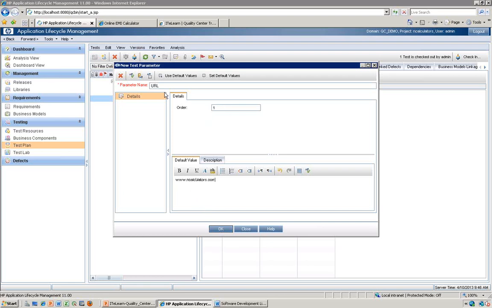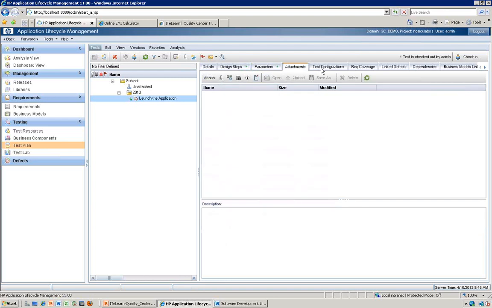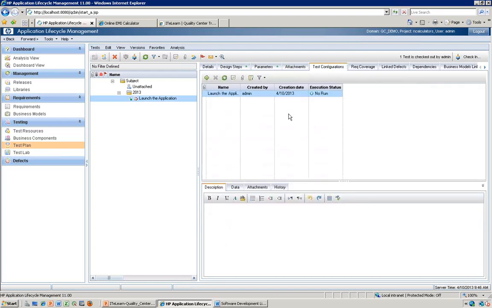and the default value is www.ncalculators.com. So the purpose of parameters is, for example, in the next scenario when we write, you will understand this parameter section a lot better. And attachments. So we don't have any attachments. Test configurations. Say you can